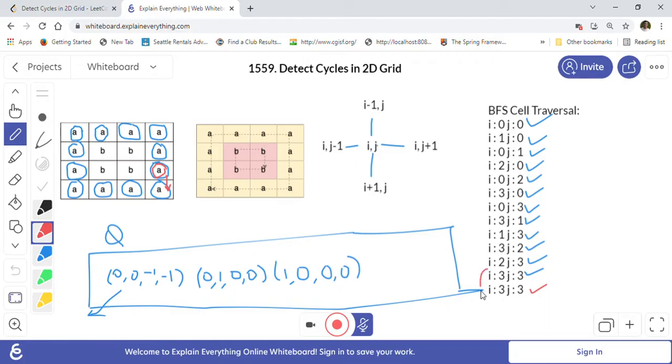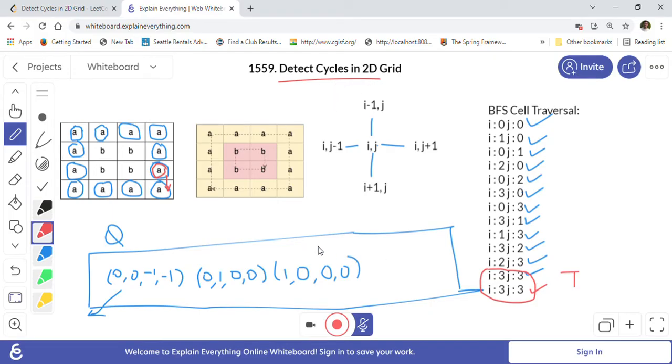Look, these two things. It means that we are finding a cycle, because we are visiting the same cell that we have already visited, which means that we have found the cycle. That's how we can detect a cycle in the 2D grid, and in this case we will return true, because we have found a cycle. We don't have to find any other cycle, because once we find one cycle, that is enough to determine if a cycle exists in the grid or not.